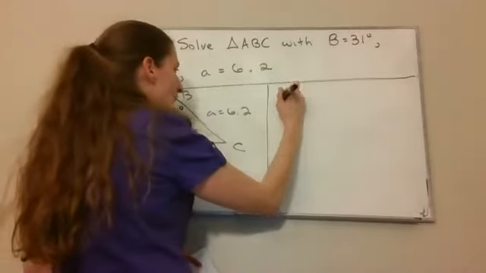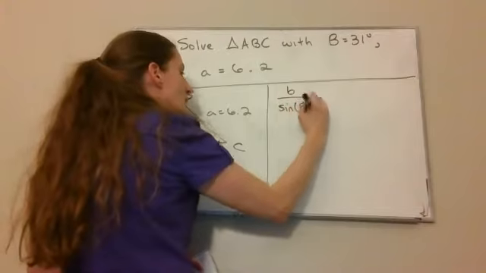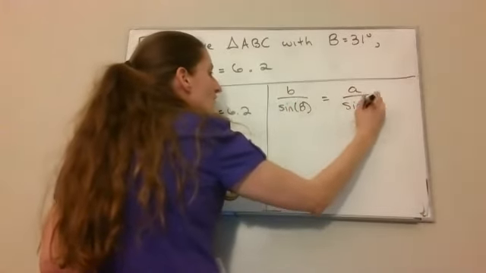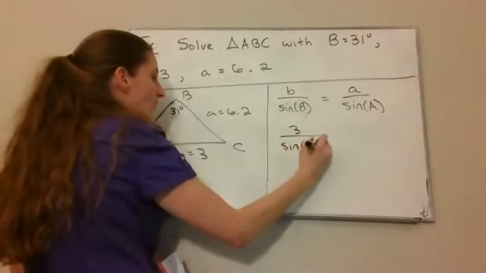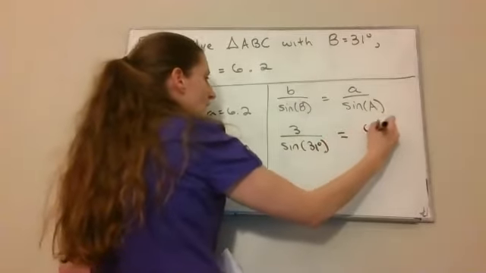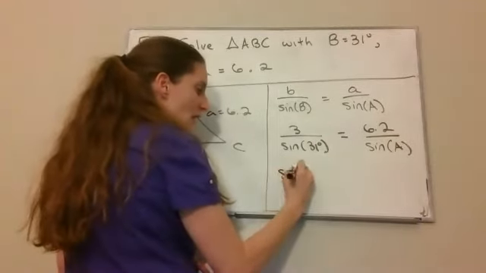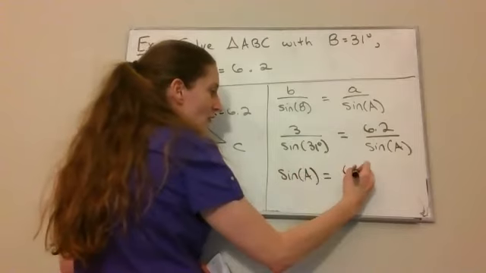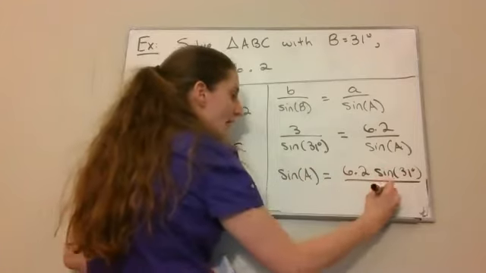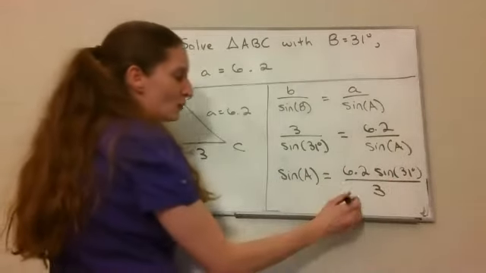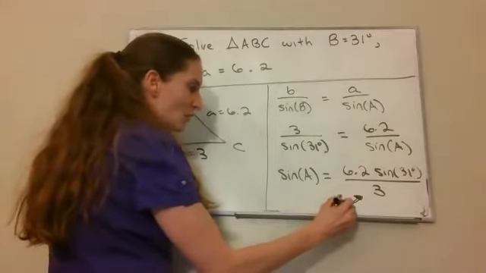So my law of sines tells me that my B over sine B will be equal to A over sine A. So I have 3 over sine of 31 degrees equals 6.2 over sine of A. That tells me that sine of A is equal to 6.2 times sine of 31 degrees divided by 3. Now, if I type this right side into my calculator, I find out that this is approximately 1.06 on that